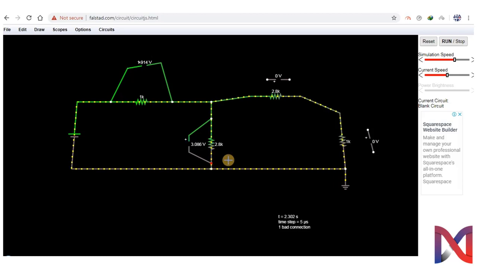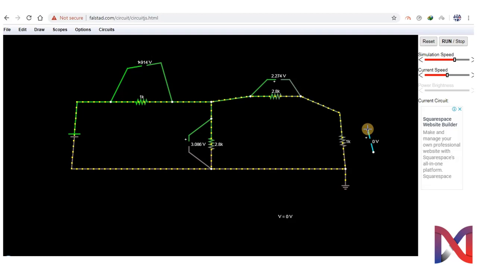Here we get our voltage as 3.086 volts. Then we connect our third voltmeter. Here we get our voltage as 2.274 volts. For the fourth voltmeter we will connect here and here as well. So we get our voltage as 0.812 volts.